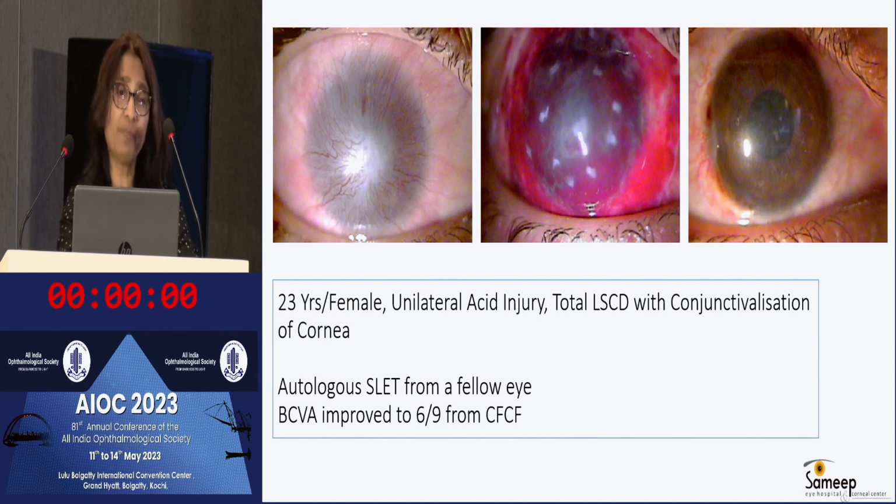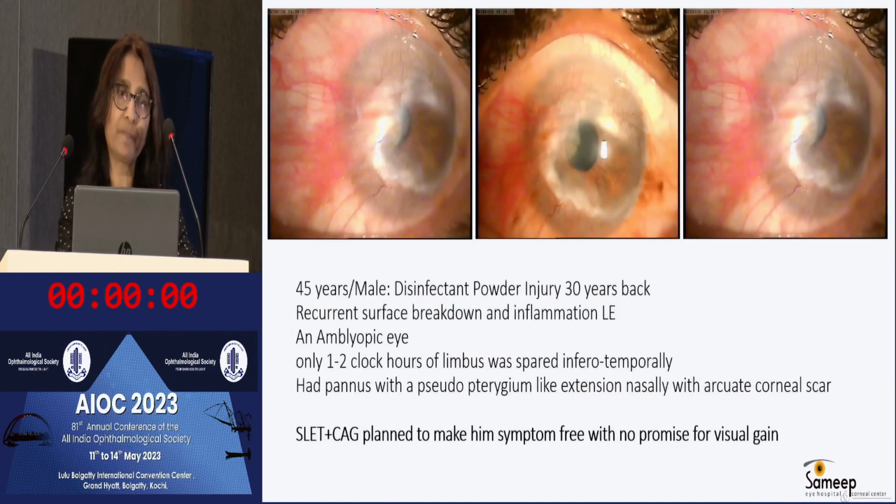This is an extreme case of LSCD, 360 degree with total conjunctivalization and a little bit of central scarring. To our amazement, even the central area looked much better. But now with the availability of anterior segment OCT, you can pre-decide what is the involvement of the corneal tissue before planning the surgical procedure. This was another case who sustained chemical injury almost 30 years back with a disinfectant powder, and he was having recurrent